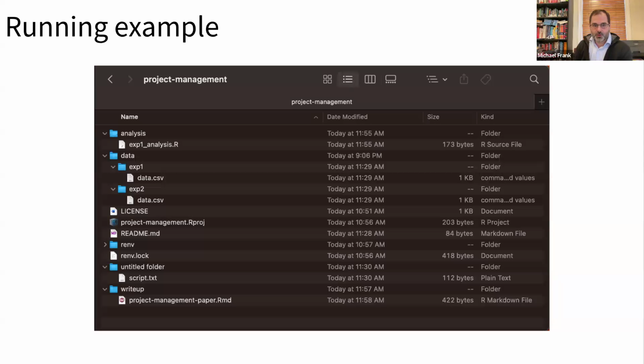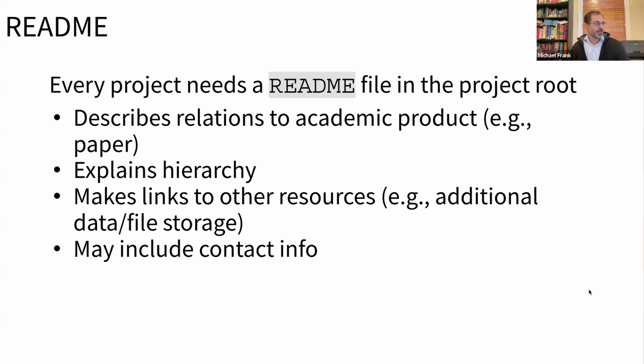Okay, so next up, READMEs. Every project needs a README file in the project root, the main directory of the project. That README file should be called something like README. This is a convention that allows us to know exactly what you want us to look at first. The README describes the relations to the academic product.